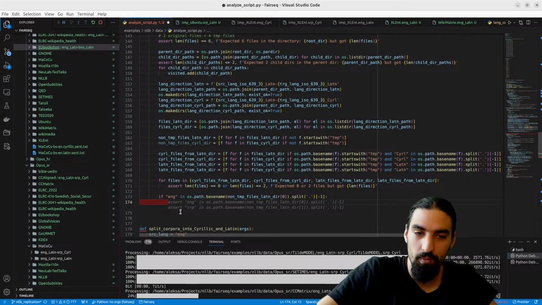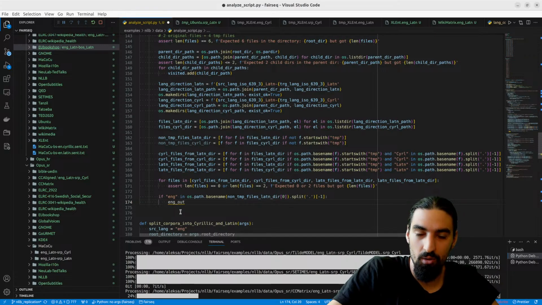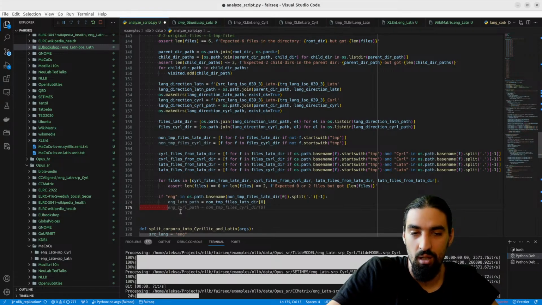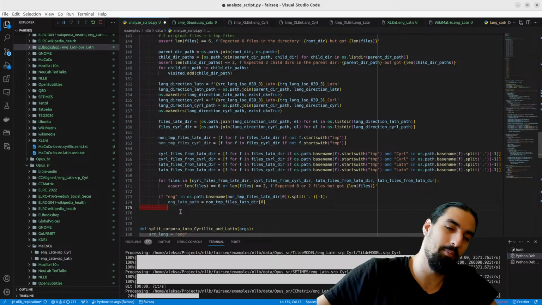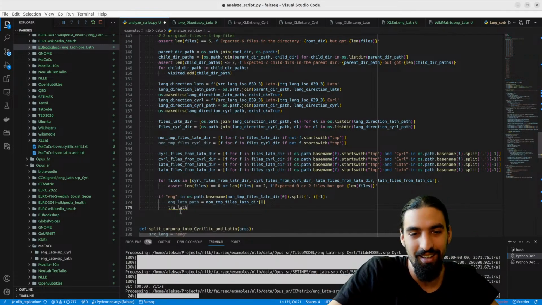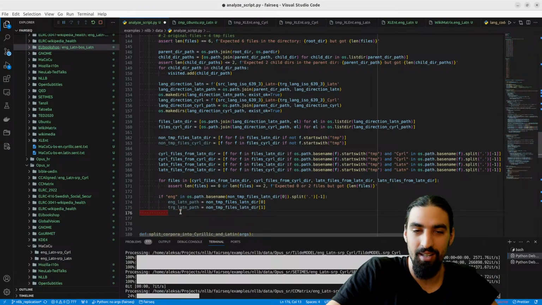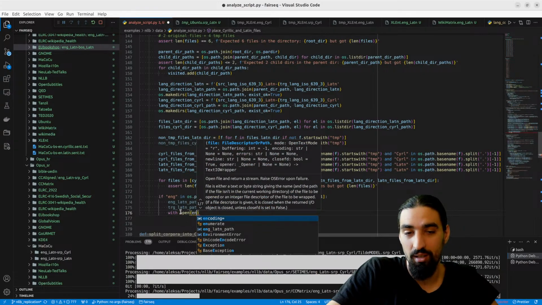We grab, this is the English Latin path, and then let's just call it source. I keep on mixing English and source, oh my god. Latin path is this, and then we open with open English Latin path